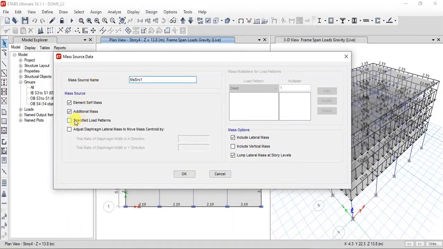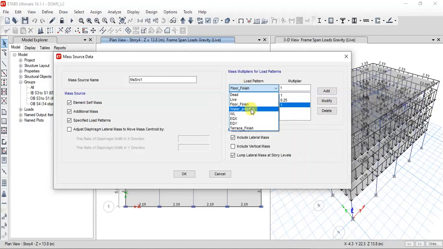So define this mass source, click on specified load patterns, take dead load as 1, click add, and the live load needs to be transferred as per the code is 25%, that is 25% of the live load will be distributed from the beams to the column. So we are taking a multiplying factor of 0.25. And also you take floor finish load, which you can consider as 1.